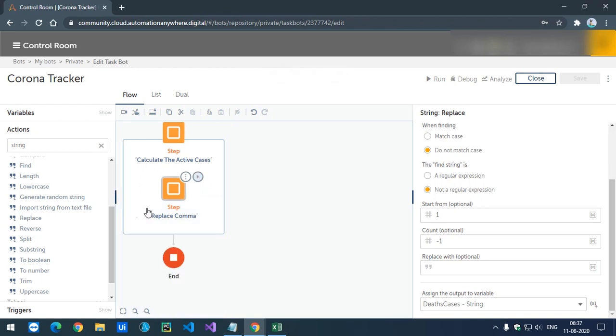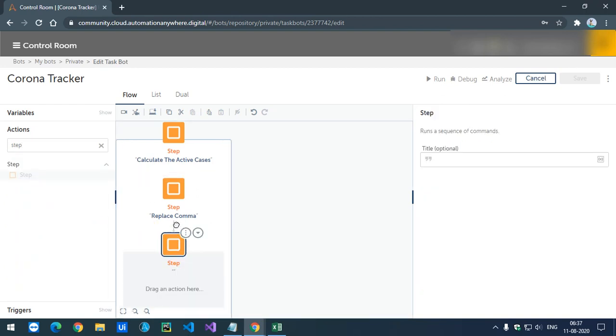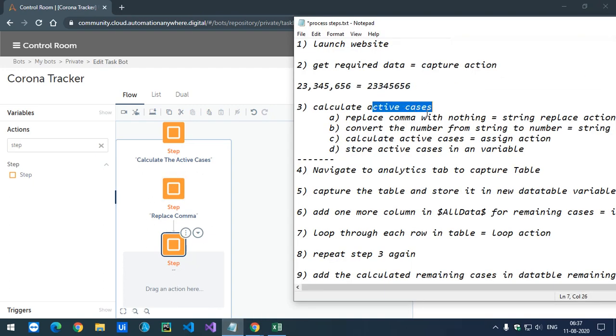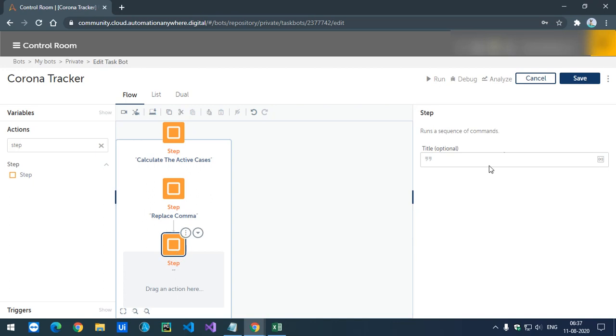Now I have the replaced strings. Next I'm going to convert them into an integer, or a number. This is a string variable, and I need to convert it into a number variable to do the operation to calculate the active cases. So, convert into number.